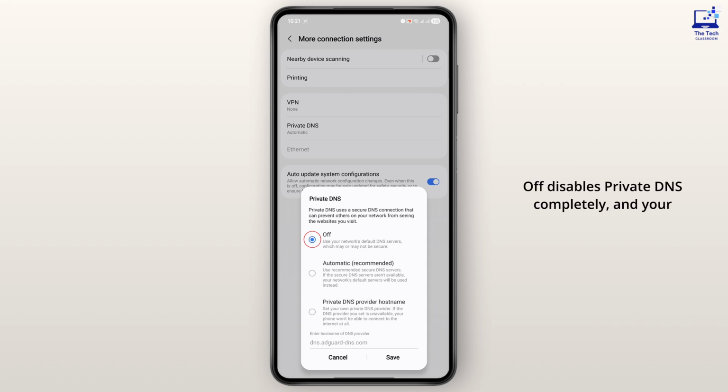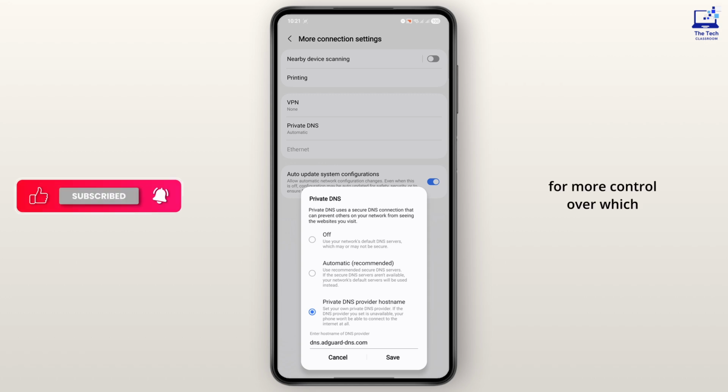Off disables private DNS completely, and your device uses your network's default DNS. Automatic enables encrypted DNS without you needing to enter anything manually, which is the easiest option for most people. Private DNS provider hostname lets you enter a specific DNS provider of your choice for more control over which service